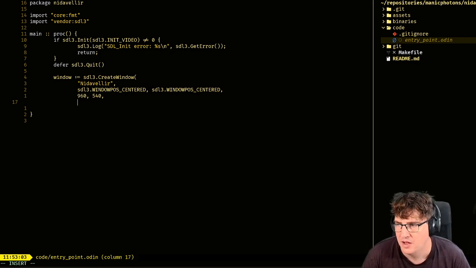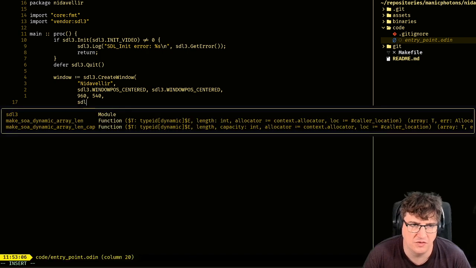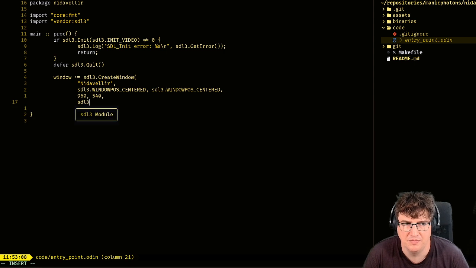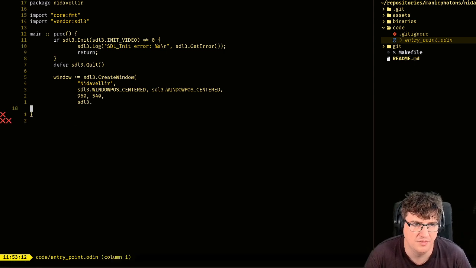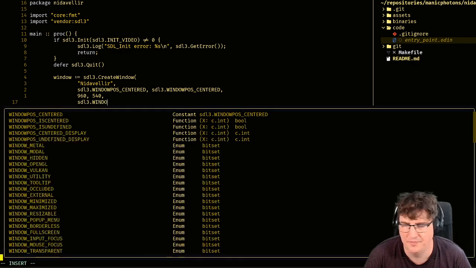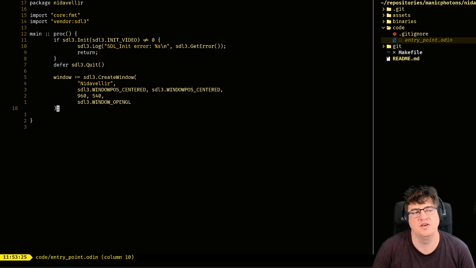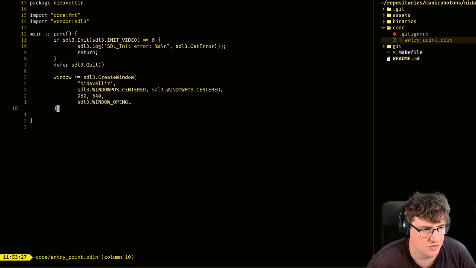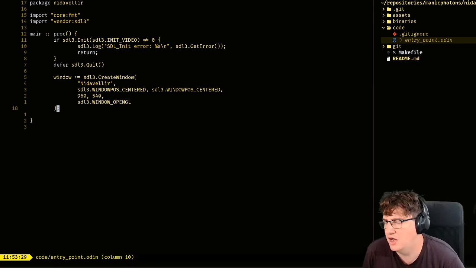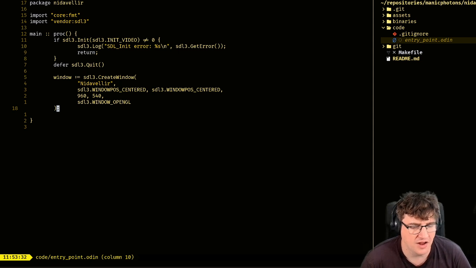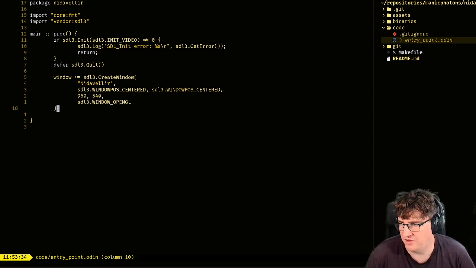And just for the hell of it, we will create an OpenGL context for now. Purely because even if we're going to be using Vulkan, we might as well create an OpenGL window for now, because OpenGL is incredibly trivial to set up, whereas Vulkan takes quite an annoying amount of code to set up.